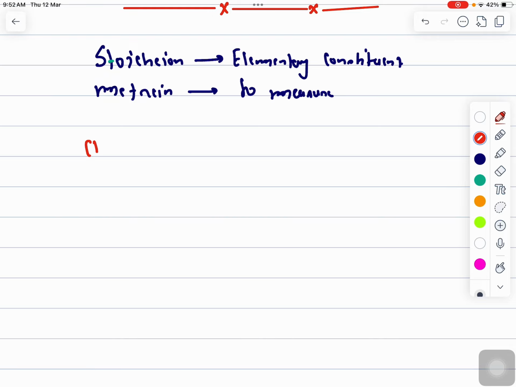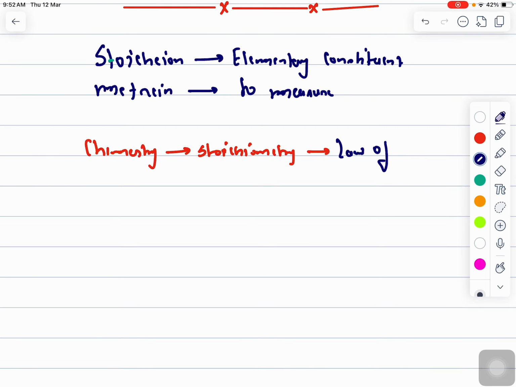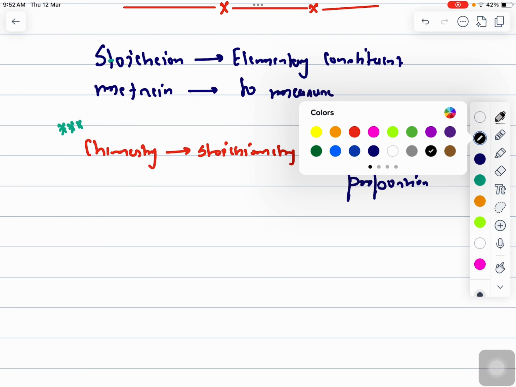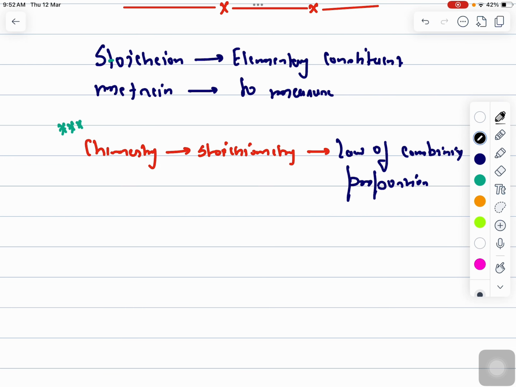So when we talk about chemistry, the word stoichiometry is only limited to the law of combining proportion. These things I already discussed in my first lecture, where I was talking about some fundamentals regarding stoichiometry and process calculation. But in a broader perspective, if you see the meaning of the word stoichiometry in chemical engineering,